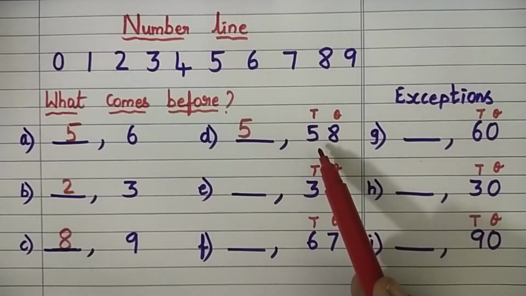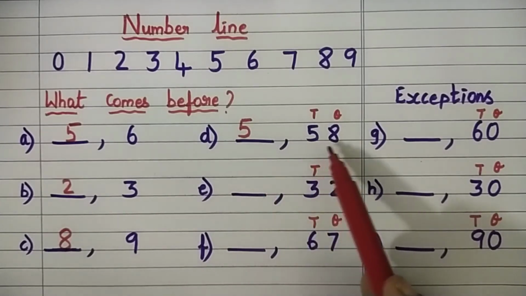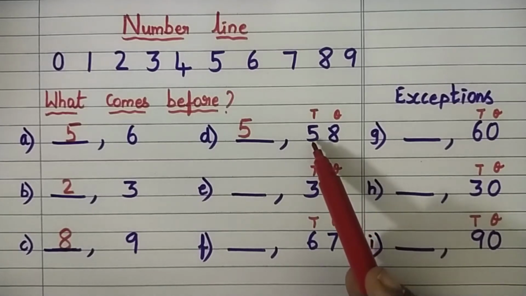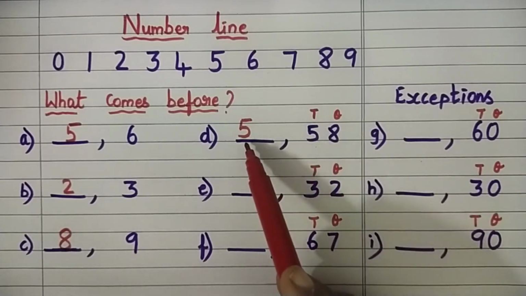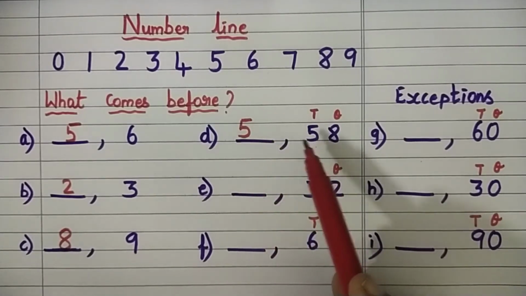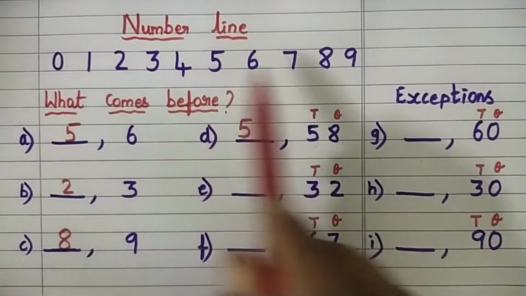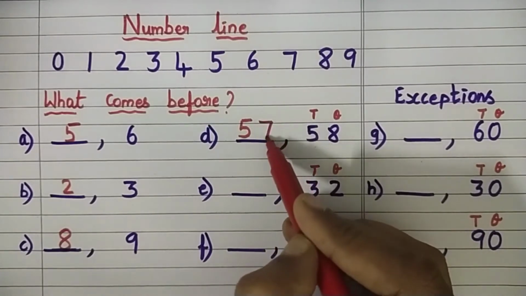Children, now I'm going to teach you how to write a before number for 2-digit numbers. First, children, for a 2-digit number, the highest place is the tens place. So write the tens place as it is. You have to write the tens place as it is. Same. And then see the ones place, 8. What comes before 8? See the number line and tell what comes before 8. It's 7. So write 7.